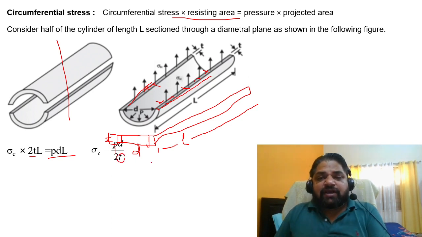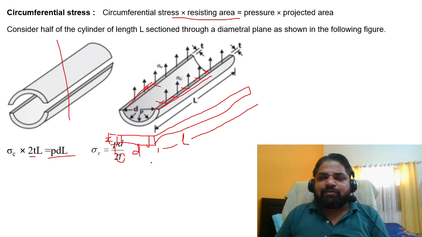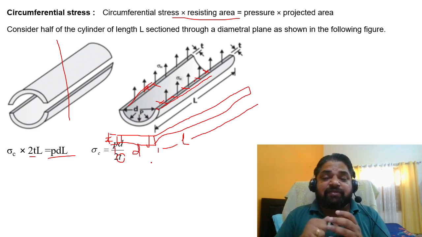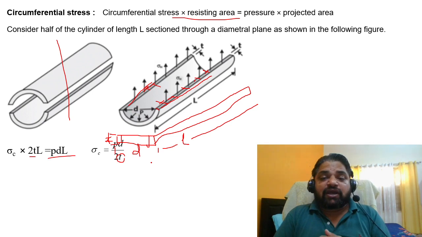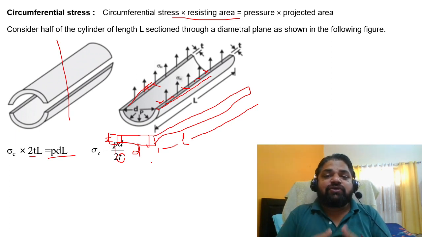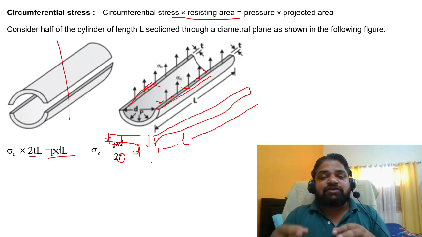So the measure: we need a low stress rather than a high stress. That means the capability can be high, but the structure should be under low stress. So we have to optimize or think about T. Most of the time, we need to think about the plate thickness we are going to use for the shell, which is the important parameter that is inversely proportional to sigma. Like I is inversely proportional to sigma, we always have a tendency to have a better I.